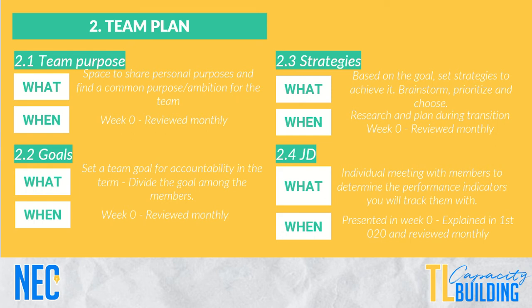Then for the goals, set a goal, like a numerical actual goal for approvals for every KPI and goal that you have. For accountability, so that you can actually understand if you're doing well or if you're not doing well during the whole term. And divide the goal in your members. Each member needs to have a goal, because if not, what are they doing? If I'm a member and I don't have a clear goal, how do I know what I need to accomplish? So set the goal for the team, set the goal for your members. In the very first meeting, you can do at least the goal of that month.